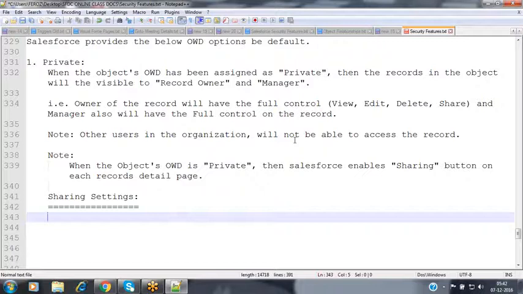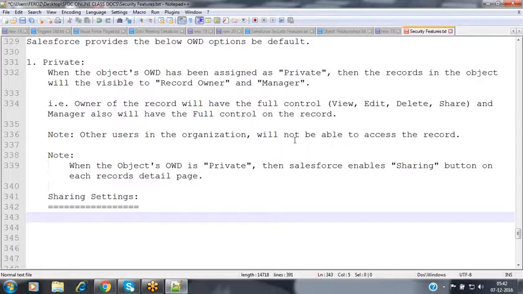Now, when coming to the OWD, whenever you make an object's OWD private, then only the owner and his manager will have access on the record, and other people will not. So how can we make the record visible to the other people? For that, Salesforce provides a feature called sharing settings.